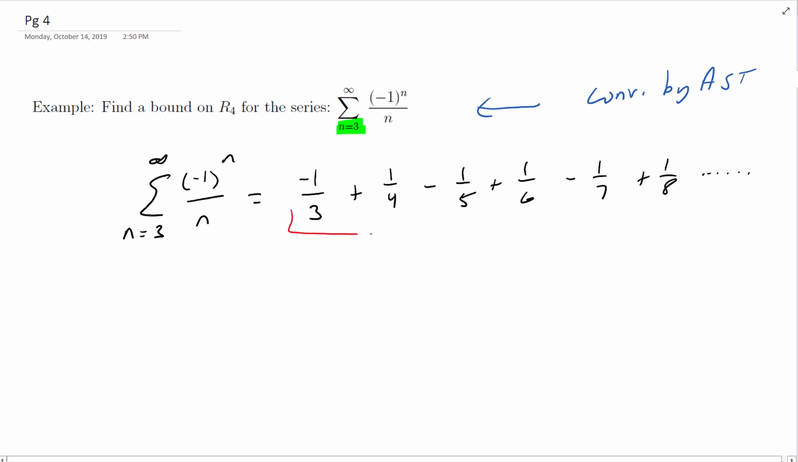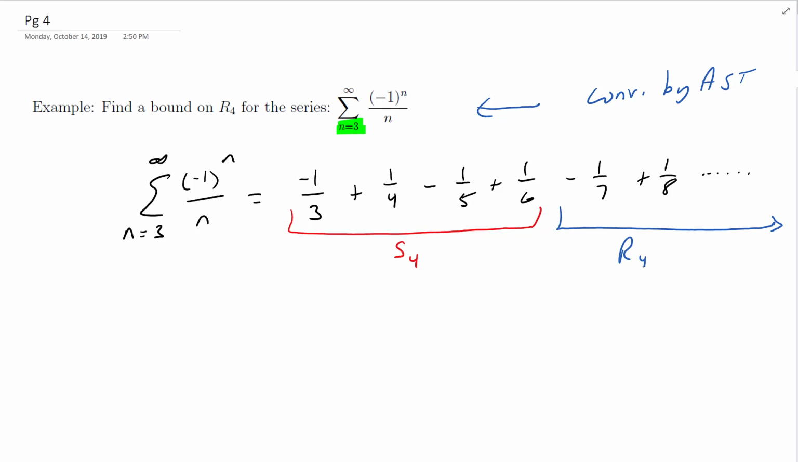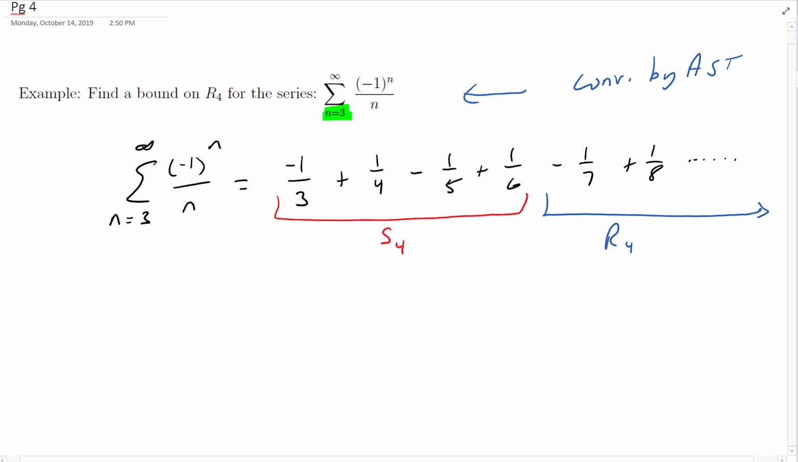S sub 4 is the sum of the first 4 terms. R sub 4 is everything else. That's basic. S sub 4 says, add the first 4 terms together. R being remainder, the error, how far you're off, is everything you didn't add. And so our alternating series test says